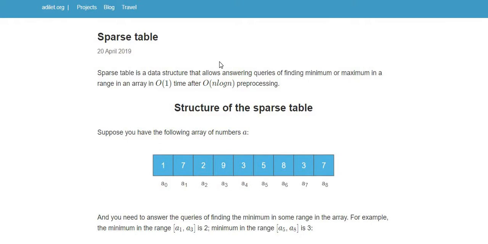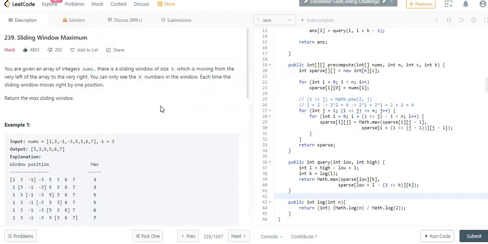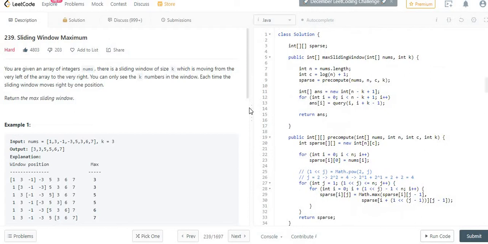Adelaide.org. So I would highly recommend you to go through these three things, this video and these two articles, and after that once you come back to this problem, the rest of the things would be a cakewalk for you. This is my personal experience and based on that I am sharing this.